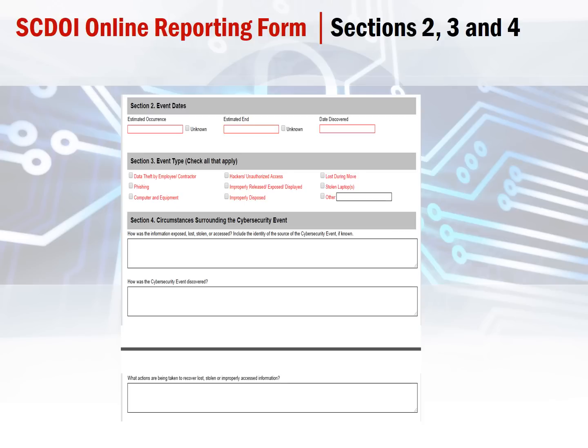Section 4 is going to be a little more difficult, probably, at least from the outset, to complete with real detail. But Section 4 is asking for the information regarding how the NPI, the non-public information, was lost and how you discovered that fact. Again, this section is not required immediately, but you'll need to come back and complete that a little later on. And I'll give you some more information on how you finish filling out an incomplete form a little bit later.